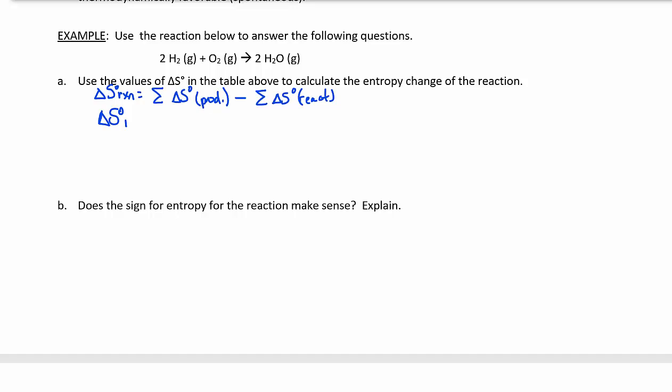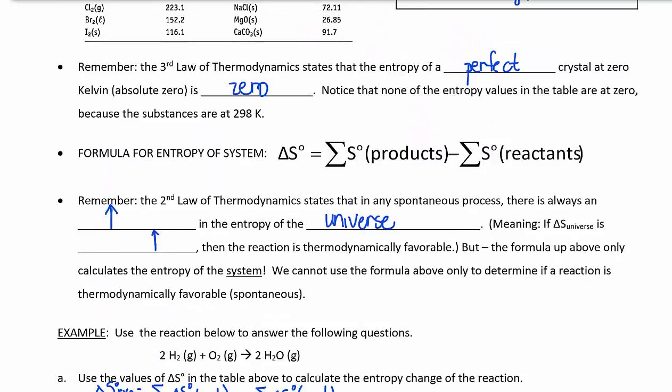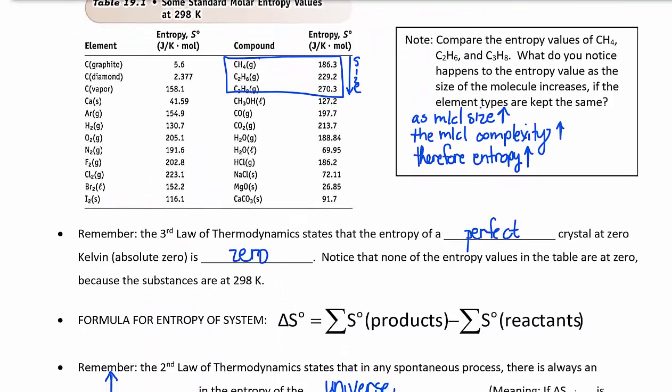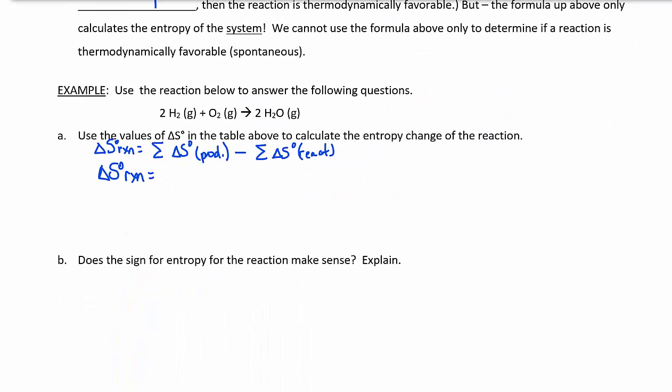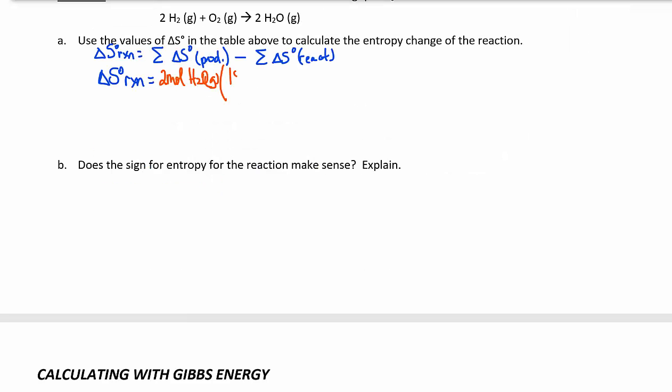So the delta S of my reaction will equal... Now my products are 2 moles of water. So I'm going to look for water in the gaseous state because it says it's gaseous. So I'm going to choose this one. Water is 188.84, and I have 2 moles of it, so 2 moles of water gas. The gaseous water is 188.84 joules per mole Kelvin,